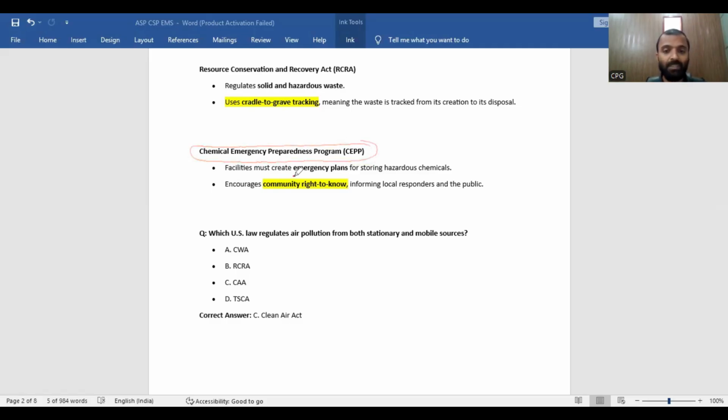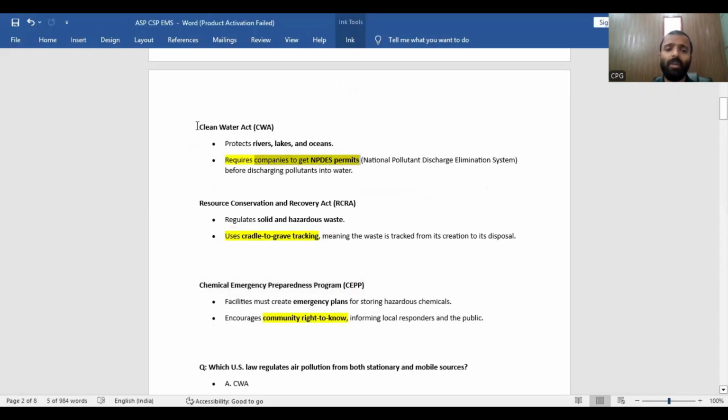Facilities must create emergency plans for storing hazardous chemicals, encouraging communities' right to know, informing local responders and the public. How much of these pollutants is being emitted, that community right to know program is CEPP. Cradle to grave tracking is from RCRA. So each act has its own